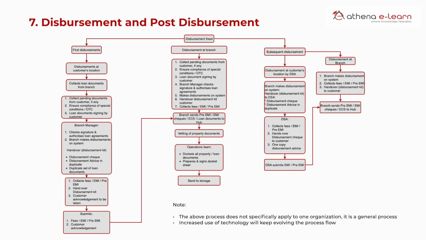Now, one of the first things that has to be decided on the day of the disbursement is whether there is a physical meet between the lender and the borrower, or whether it has all been done already. For example, some lending institutions will take the signatures on the loan agreement and the other conditions and documents that are required to be submitted a day prior to or a few days prior to the actual disbursement. Depending on what is decided, the location where the disbursement takes place is decided. Increasingly, there is no need for a physical interaction on the day of the disbursement, and all this documentation can be done, as I said earlier.